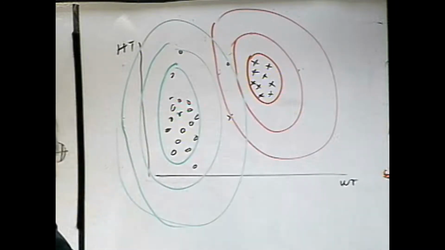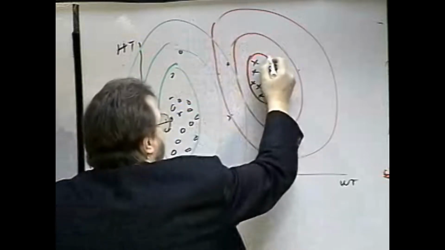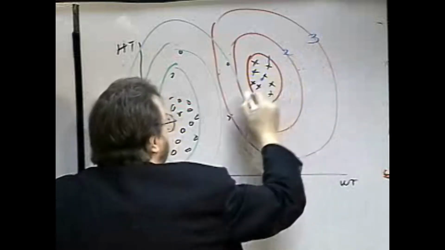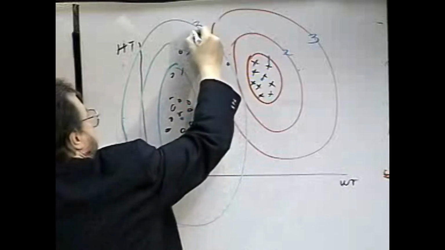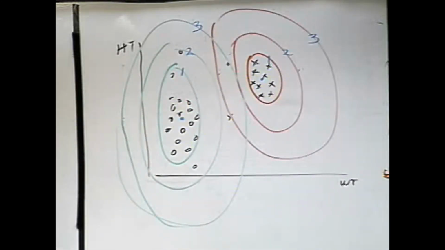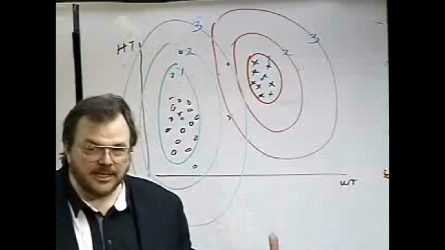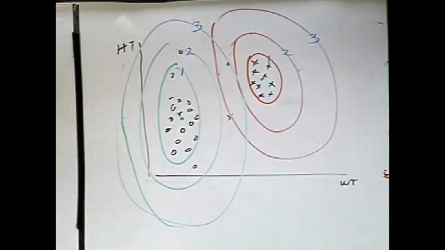Then if we choose a point, if we get an observation point here, oh, and by the way, this corresponds to a contour of 1, 2, and 3 from the centroid. In a similar fashion, we have a centroid here. It's 1, 2, and 3. And each of these contours are a contour of equal Mahalanobis distance from the centroid. So instead of using Euclidean, which is kind of a bunch of circles, we're going to fit a bunch of ellipses and use the ellipses instead of a circular sort of relationship between them,